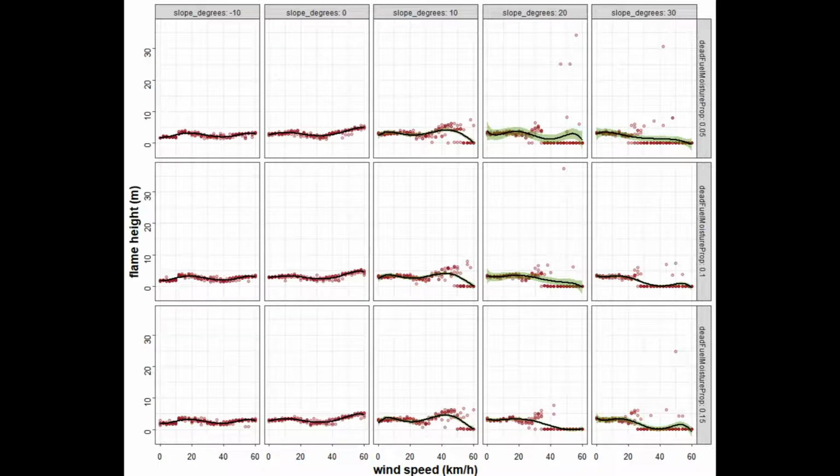Firstly, if we look at the structure of these graphs, what I've done is divided the results into columns representing the different slope classes that we examined. For each row, there is a different dead fuel moisture proportion. There were 3 different dead fuel moisture values we tested. Along the x-axis of each individual graph we have wind speed, and on the y-axis on this panel we have